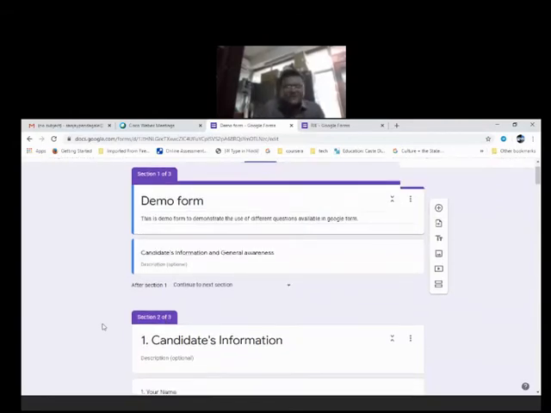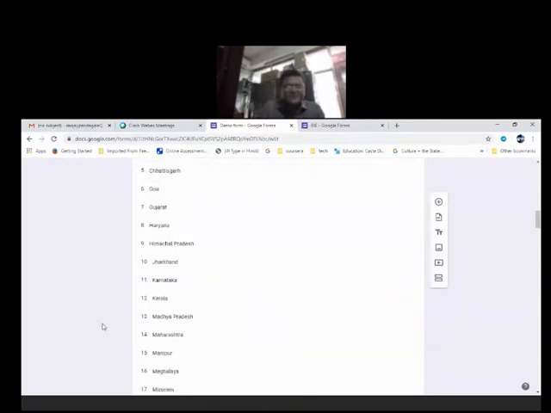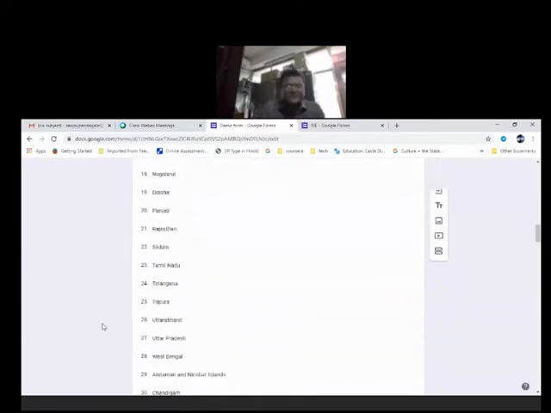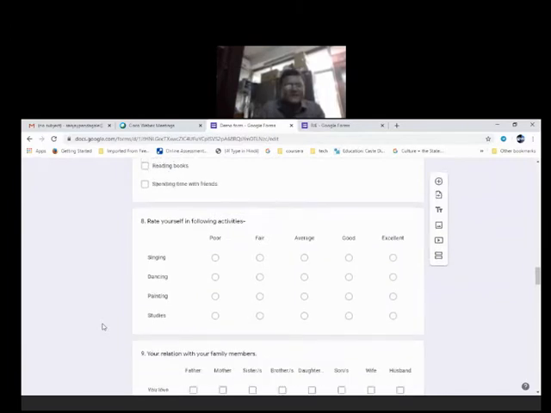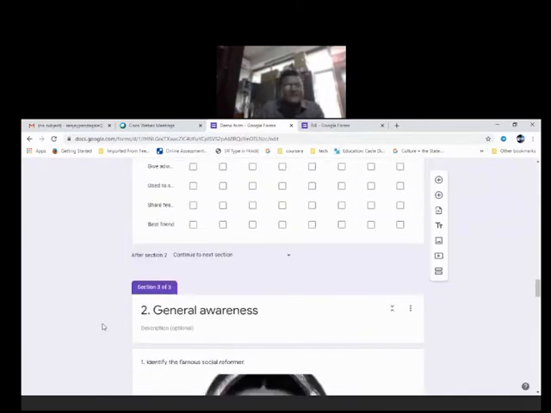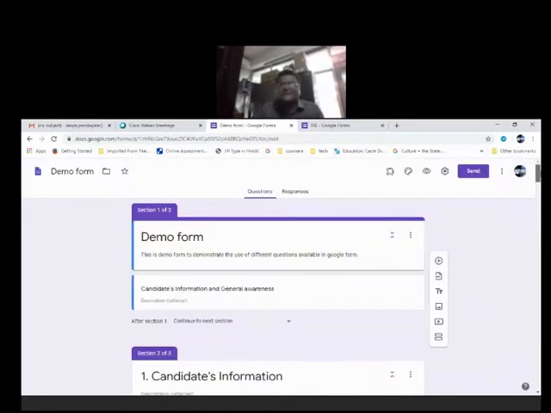And I have one more section in my form. Let me go a little down. One more section, and that is related to the general awareness of a particular candidate. So I have divided my form into three sections.